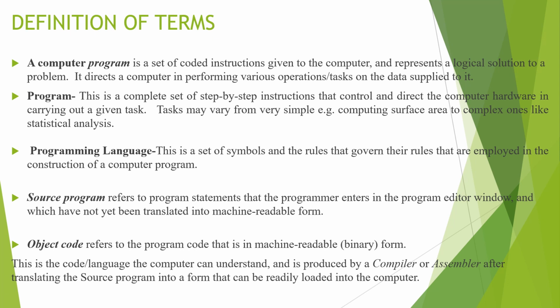The difference between object code and source code is that source code, these are the set of instructions that a programmer keys into the computer. And then now we have to translate these so that the machine can understand. Okay? So with that, we